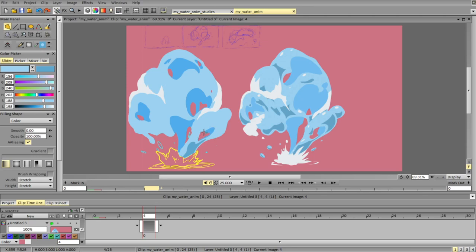Creating nice edges here. Integrating all of the stuff here into one shape with a couple changes.